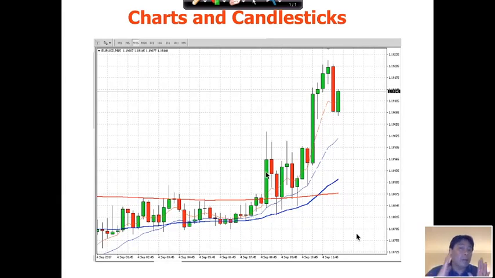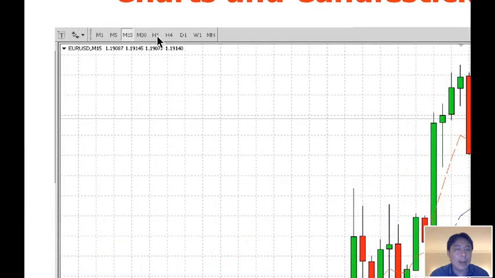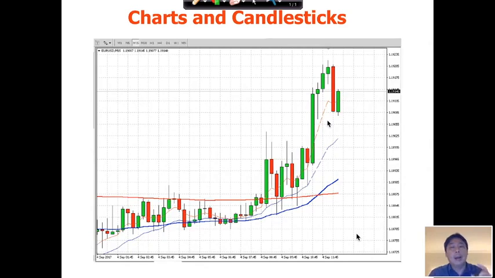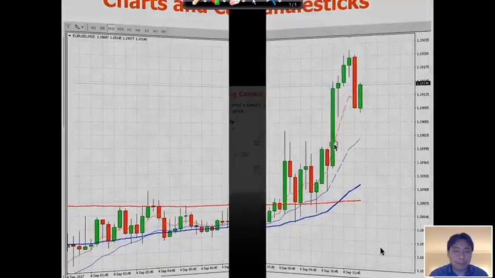So I primarily trade on the 15-minute candles, but I would also look at the hourly candles. And I click on H1, that's 1 hour candle. So you then see that each candle represents an hour, okay? So it doesn't matter whether it's a 15-minute candle, an hourly candle, or a daily candle, certain rules still apply about how you read the candlestick patterns and what they mean. So let me get down to that right now.